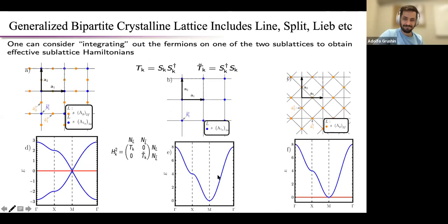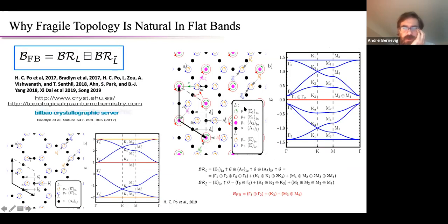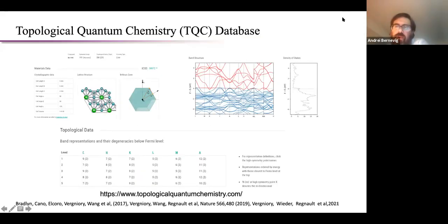Okay, very good. So for example, this Po model, a 10-band model of twisted bilayer, as I said, can be expressed as an S matrix with the L lattice being this and the L tilde lattice being this. And then there's some theory, which I'm just going to quote the results, it's not particularly illuminating, but you can have a set of generators for gapped and gapless flat bands. So there's an infinite number of them, but there's a set of generators.